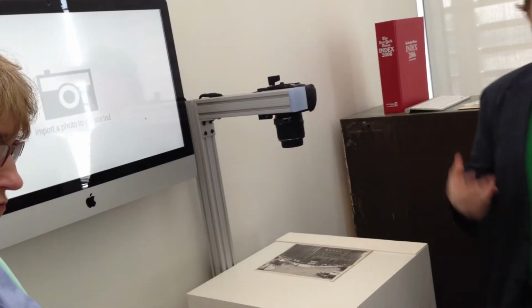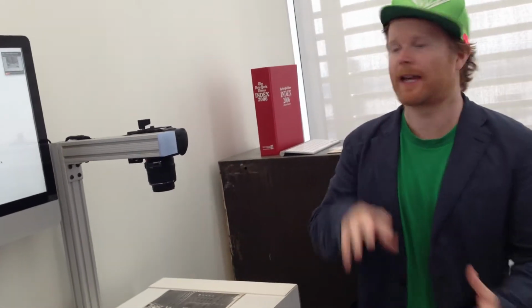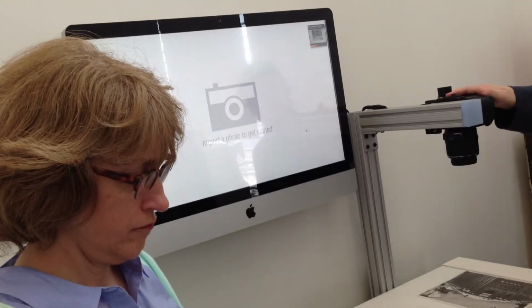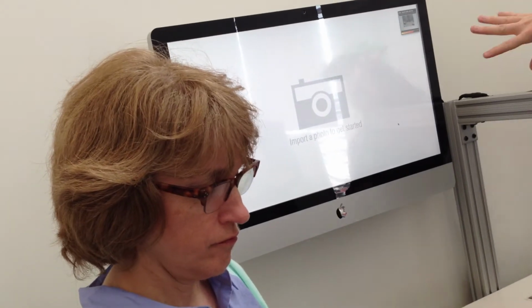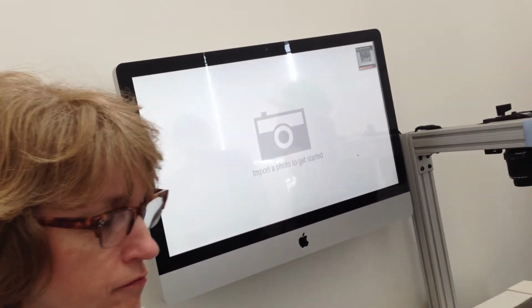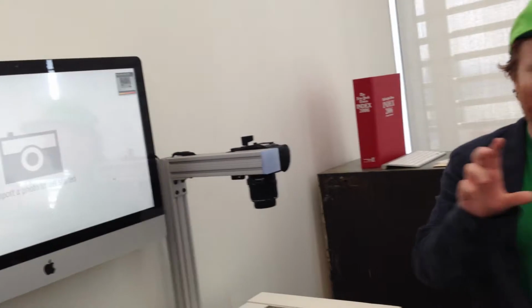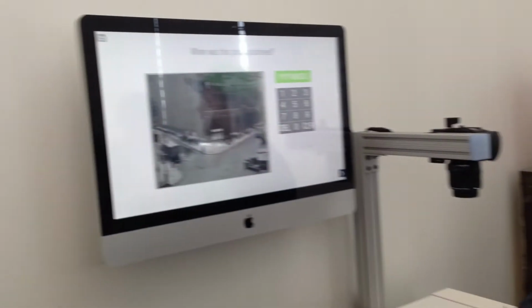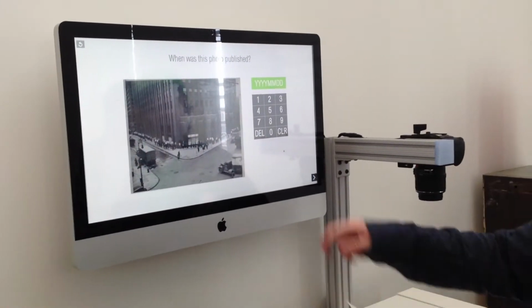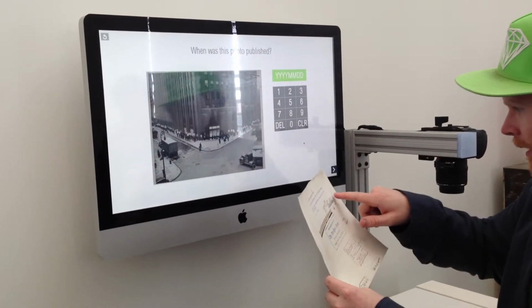Basically, we had to modify some existing computer vision algorithms to handle the problem of different scales and crops. This camera just took it and wirelessly sent the photo to this interface. When it gets it, it's going to automatically crop it as best it can, although it might leave a little bit of white on the sides. And then in the interest of the tour, I'm going to tell it what day it was published on. It actually could figure out what day it was published on, but it takes like 20 minutes to go through every article. So I'm going to tell it that this was